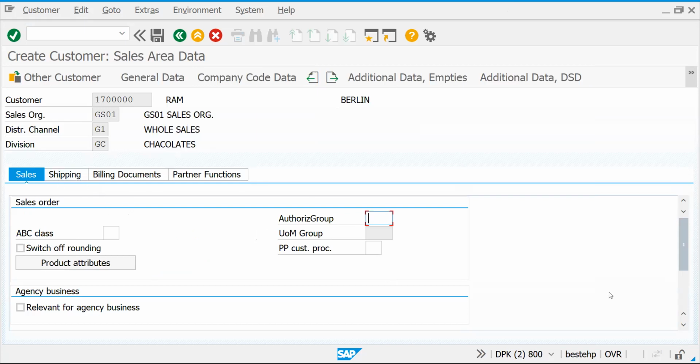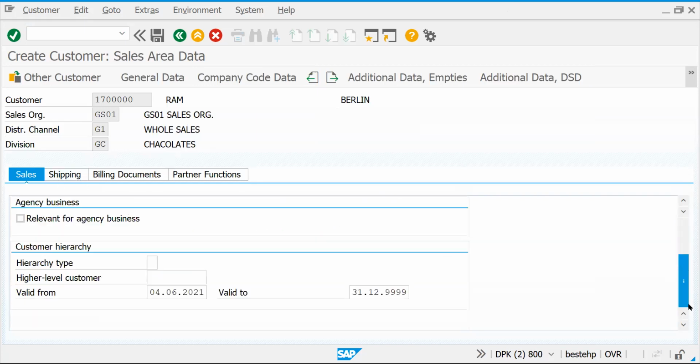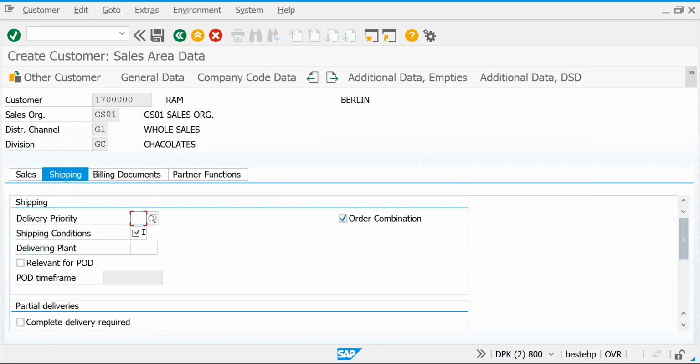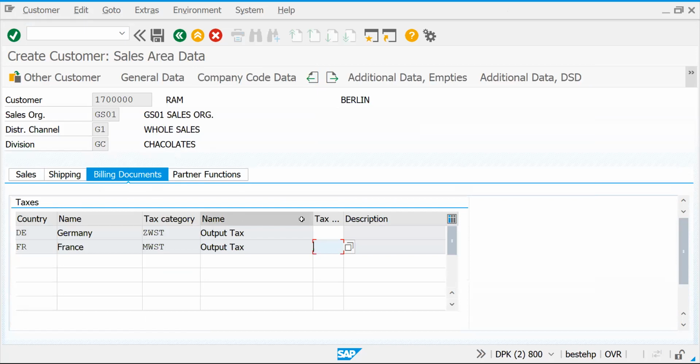Now if you see in sales, you cannot find any other data like how you found before. This is something different for your ship 2. So let's put all these mandatory things. Your tax is mandatory for saving this one.